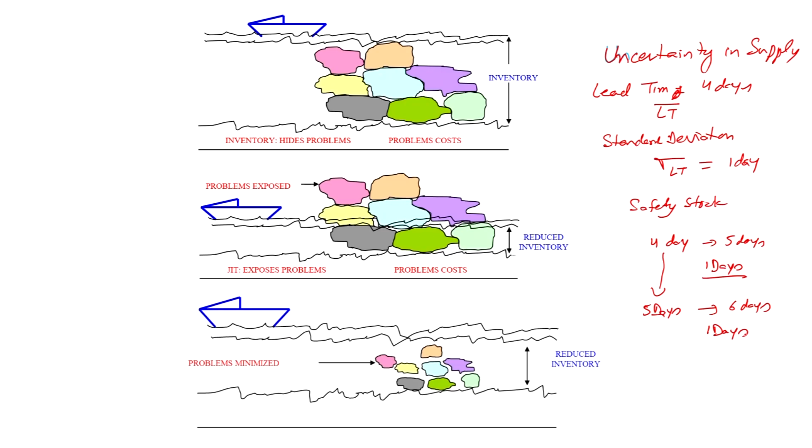So, your safety stock will increase. So, rather than the problem getting solved, there is uncertainty. The best thing is you should do the process analysis to find out why the delivery is not coming every time in 4 days, why it is taking more than 4 days. If you can do that analysis, find the reasons and find solutions for those reasons, slowly you will be able to reduce the lead time from 4 days to 3 days.